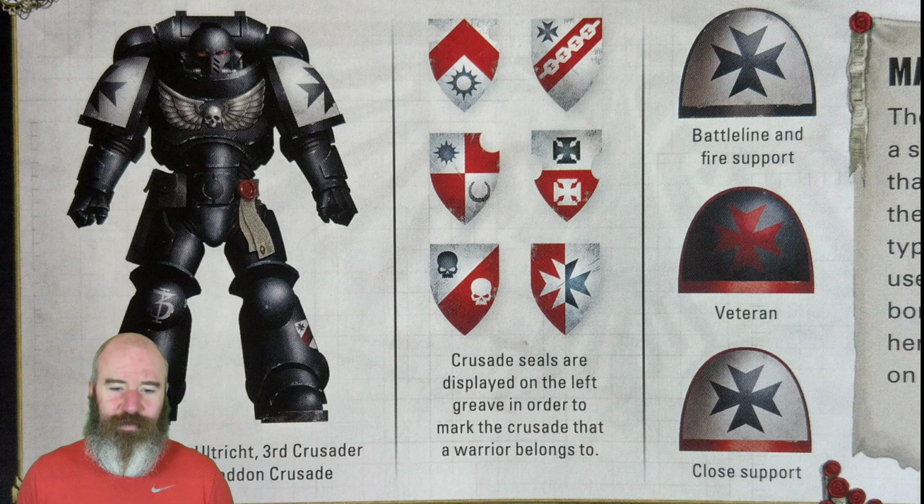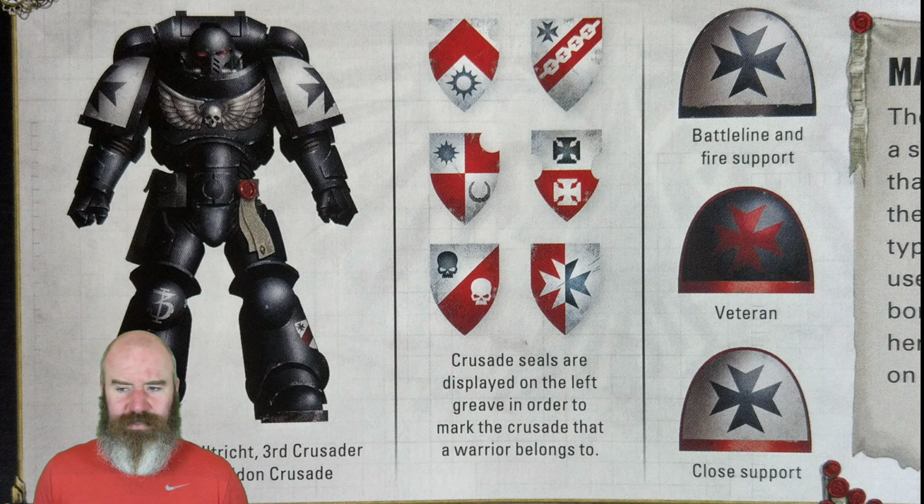He set up this protocol called the Last Wall Protocol, where if Terra was under threat from a massive force of some kind, it was enacted during the War of the Beast, I think it was called, in Millennia 32. If Terra was under a great threat, then the Imperial Fist successors would all unite under one banner and rally to the cause